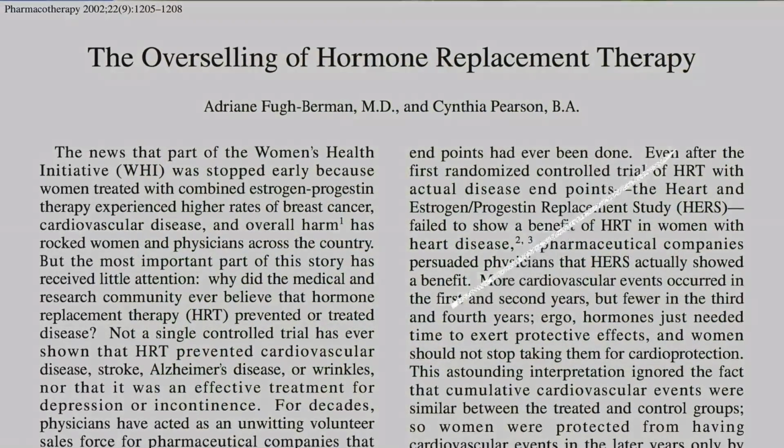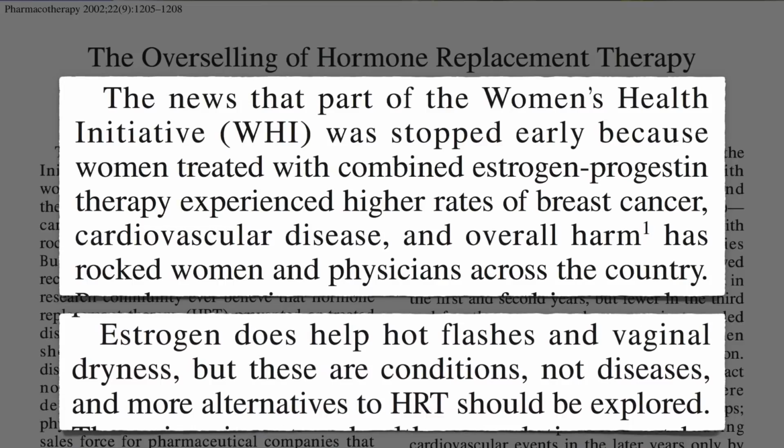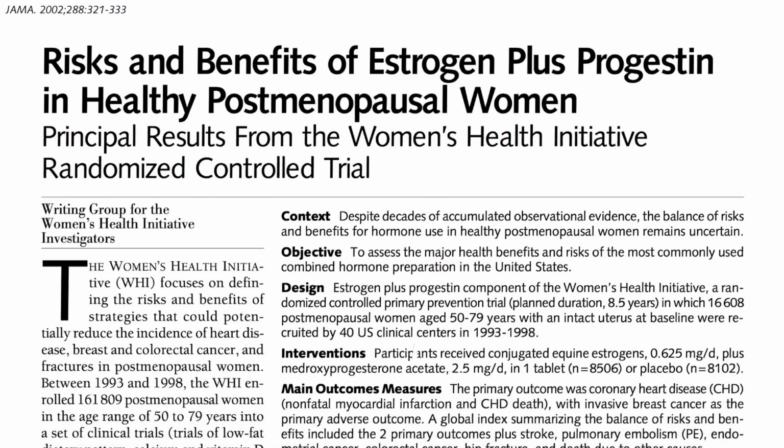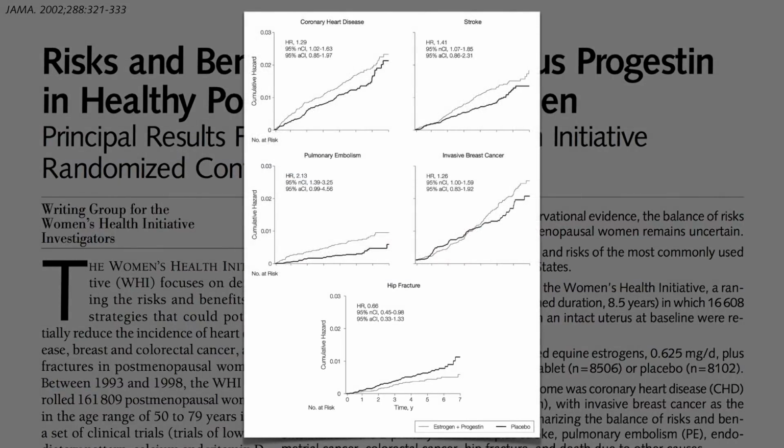When the Women's Health Initiative study found that menopausal women taking hormone replacement therapy suffered higher rates of breast cancer, cardiovascular disease, and overall harm, a call was made for safer alternatives. Yes, estrogen has positive effects, the Women's Health Initiative found, such as reducing menopausal symptoms and improving bone health, reducing hip fracture risk, but also negative effects, increasing the risk of blood clots in the heart, brain, and lungs, as